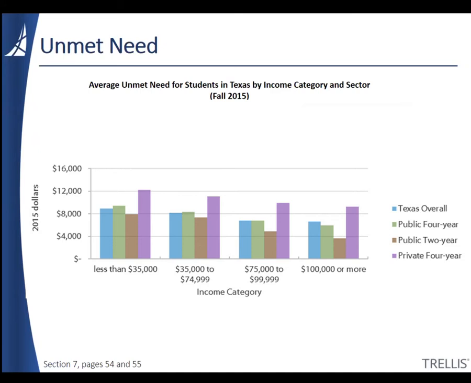The average unmet need decreases as income increases. And that might sound logical on one hand, but on the other hand, it means that any need-based aid that low-income students are receiving doesn't seem to be making much of a dent. And the data source for this is the Texas Higher Education Coordinating Board. And then, as mentioned in that last section about university costs, students with dependents will likely have higher costs of living. And in the community college sector, we tend to see higher percentages of students with dependents compared to the four-year sectors.